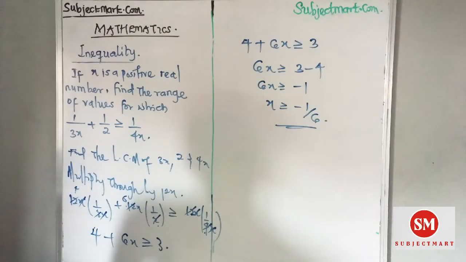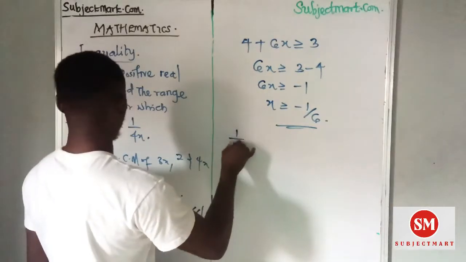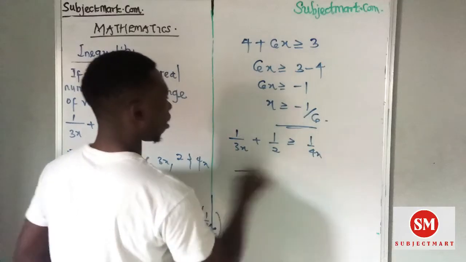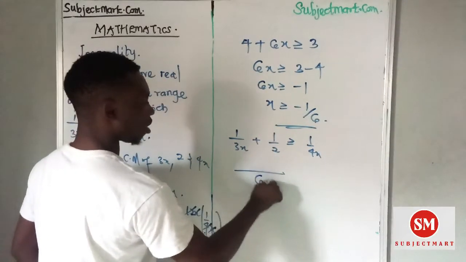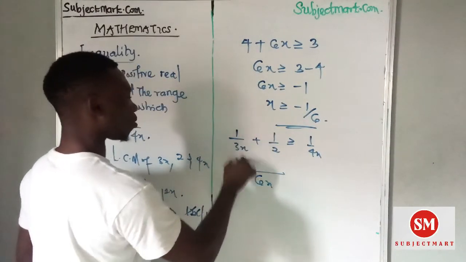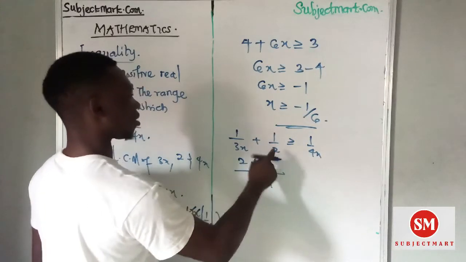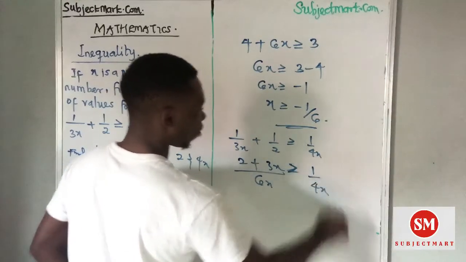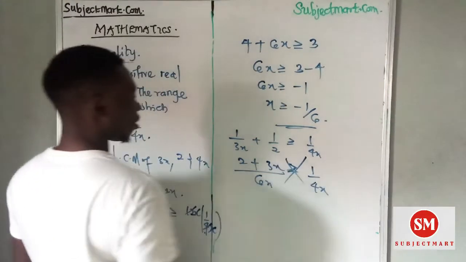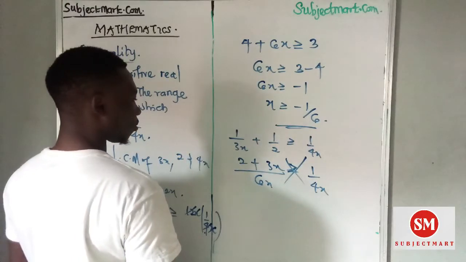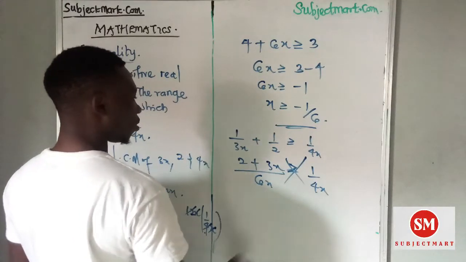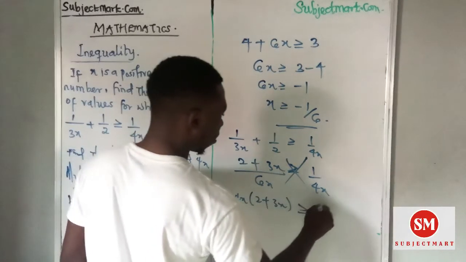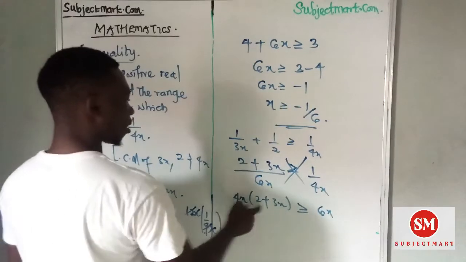If you want to use another approach, you can say that since you have 1 over 3x plus 1 over 2 greater than or equal to 1 over 4x, you find your LCM here. Your LCM here is 6x. 6x divided by 3x is 2, 2 times 1 is 2, plus 6x divided by 2 is 3x, 3x times 1 is 3x, which is greater than or equal to 1 over 4x. You can cross multiply here. Cross multiplying, you are going to have 4x times 2 plus 3x is greater than or equal to 6x. So expanding this is now